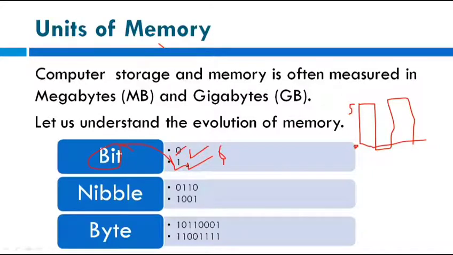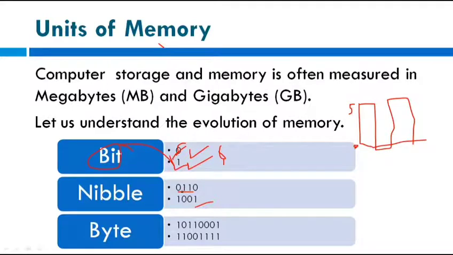Your entire text or characters are made up of combinations of zeros and ones. Even your images and audio files are ultimately broken up and represent a sequence of zeros and ones. So in this way, the evolution of memory has taken place. The lowest term is the bit, which is 0s and 1s.